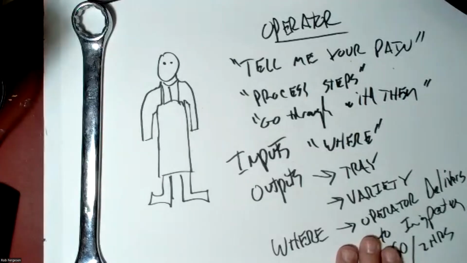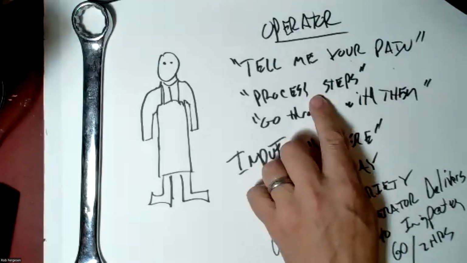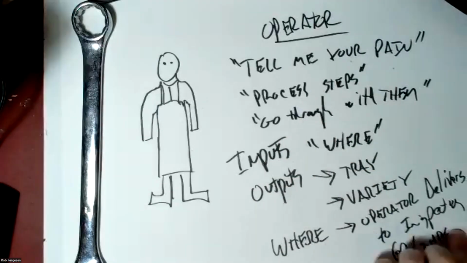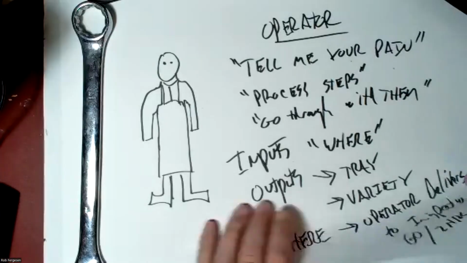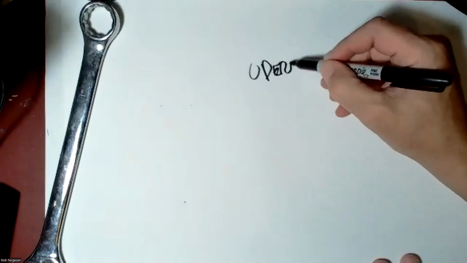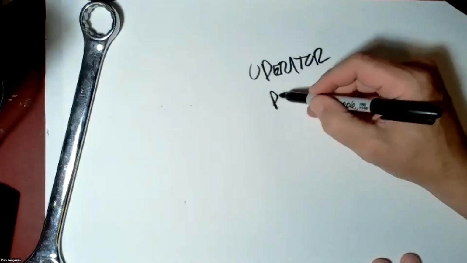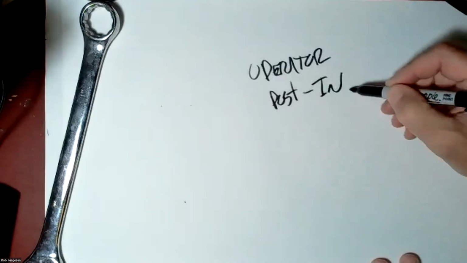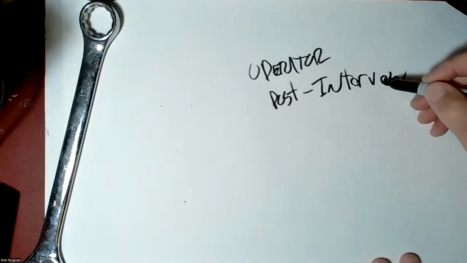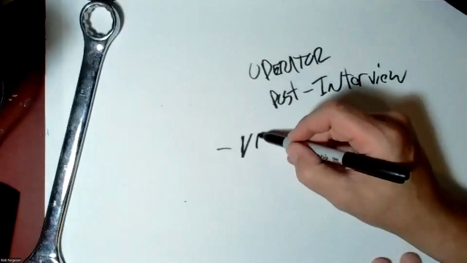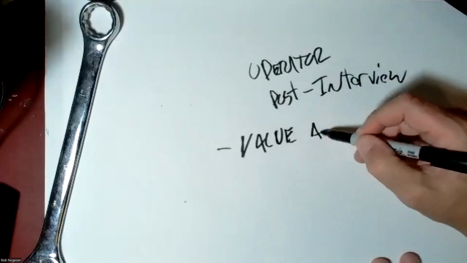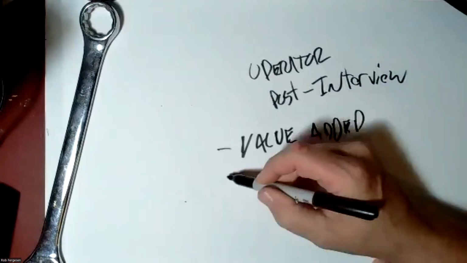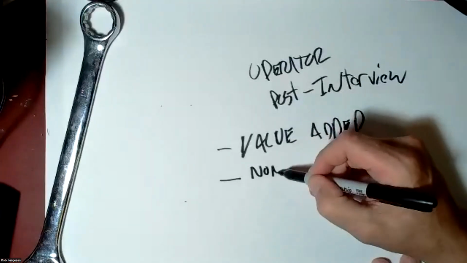Then you're going to sit down, you're going to go through the details of what he showed you and what you videotaped. And for each step, you're going to develop the value added time, and you're going to figure out what is non-value added. What are they doing